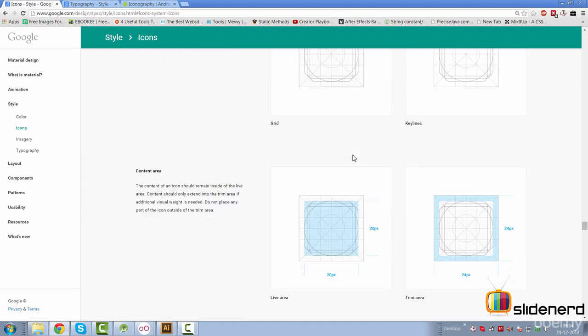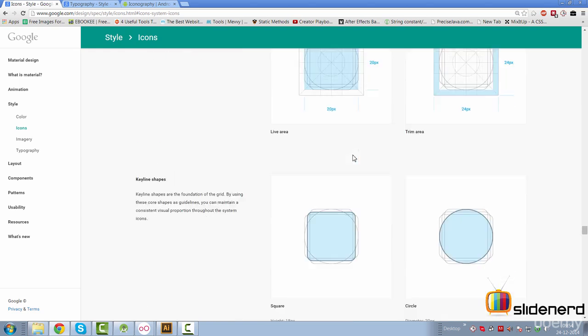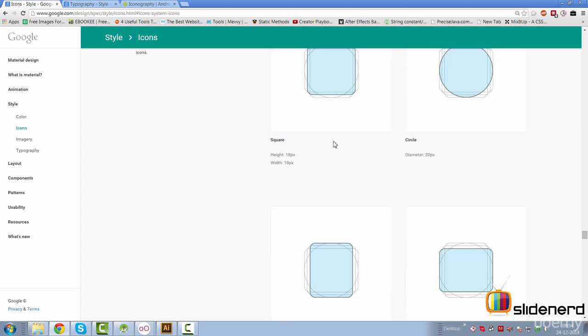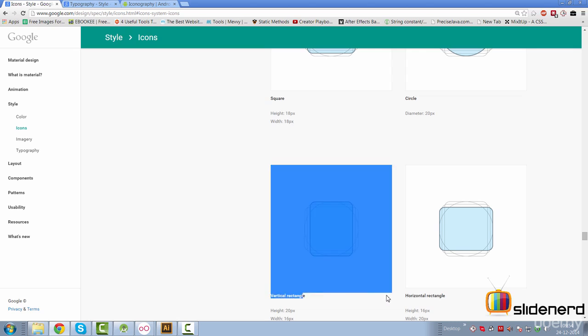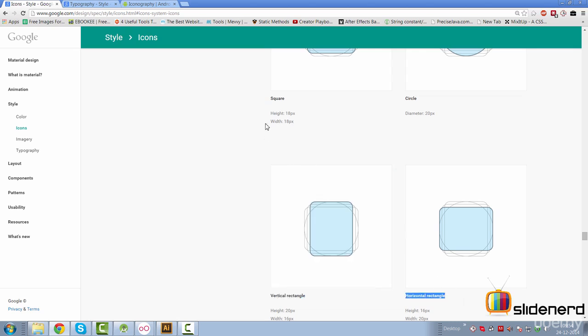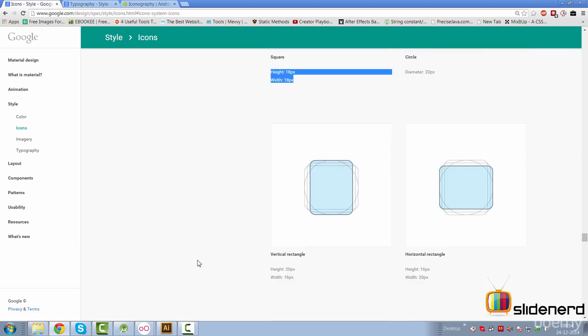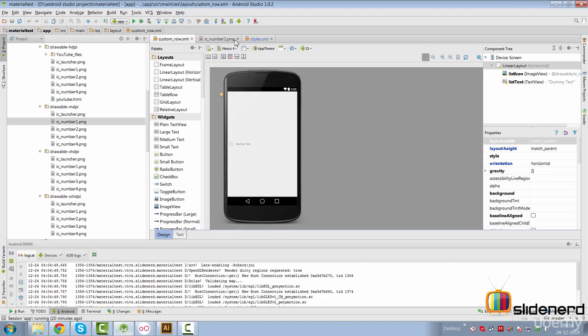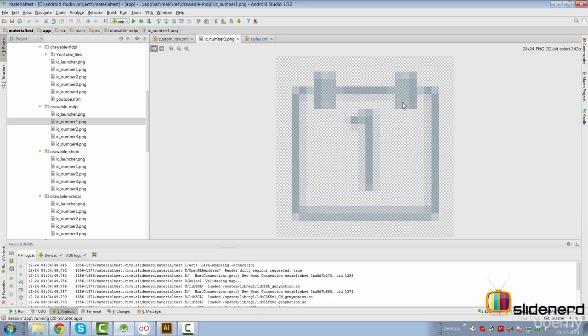So go further down, and if you take a look at the sizes they have specified over here, there are 4 types of icons. They say there's a square one, there's a circle one, and there's the vertical rectangle and the horizontal rectangle, and they have specified the height and the width for each of them. If you go back to Studio and take a look at my icon here, it's a square icon which tries to follow the 18 by 18. Now I have not drawn the icon from scratch. I have simply taken an existing open source icon for the purposes of demonstration and added the one inside it